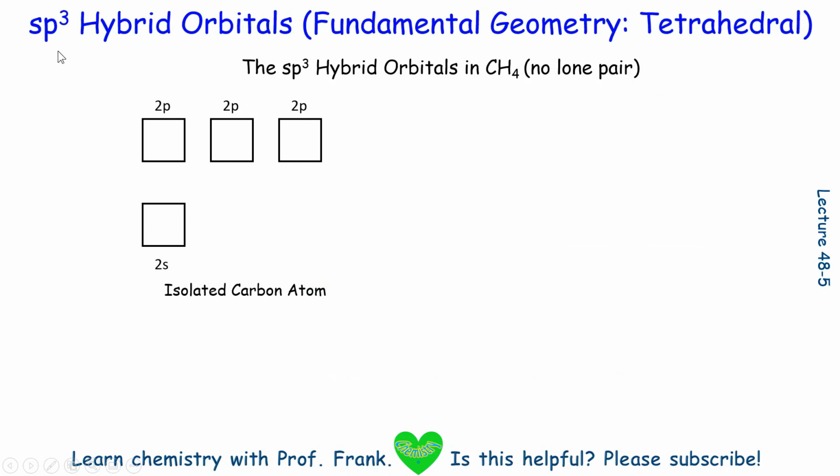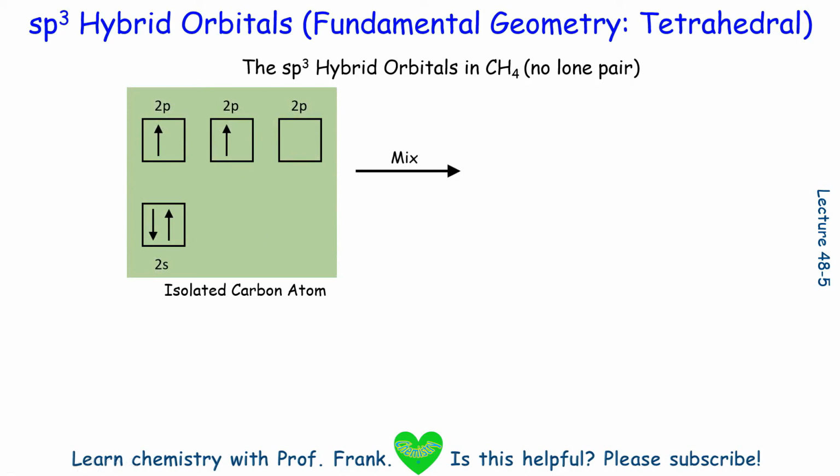Now move to sp3 orbitals. Use methane CH4 as one example. Isolated carbon atom, how many valence electrons? That should be a total of 4. So therefore we'll need 4 orbitals. That's why we need sp3. That's 4 orbitals. So those orbitals are mixed and now